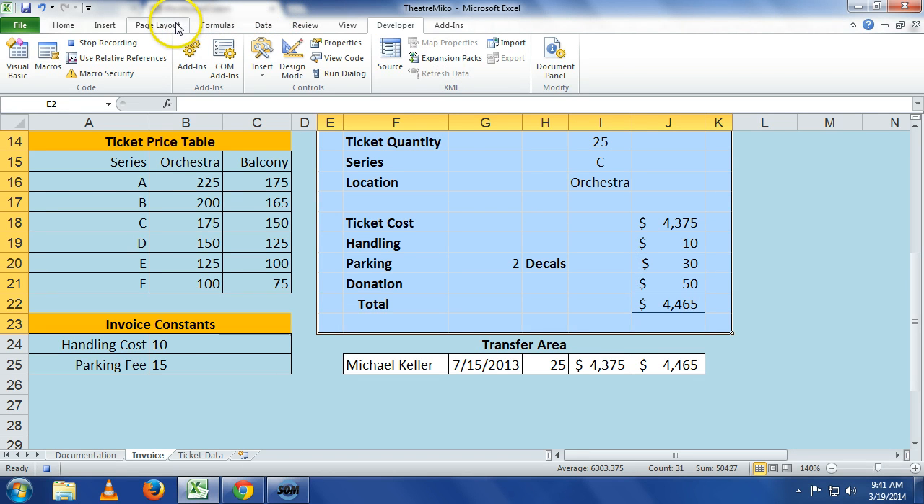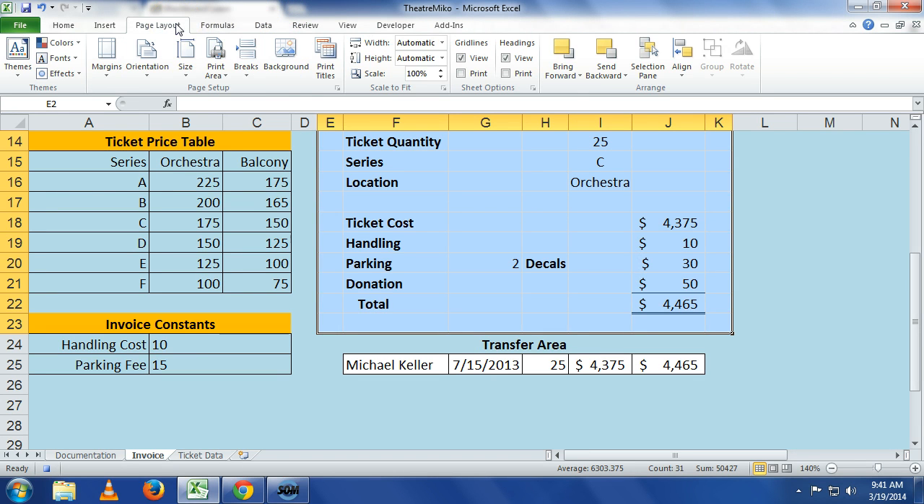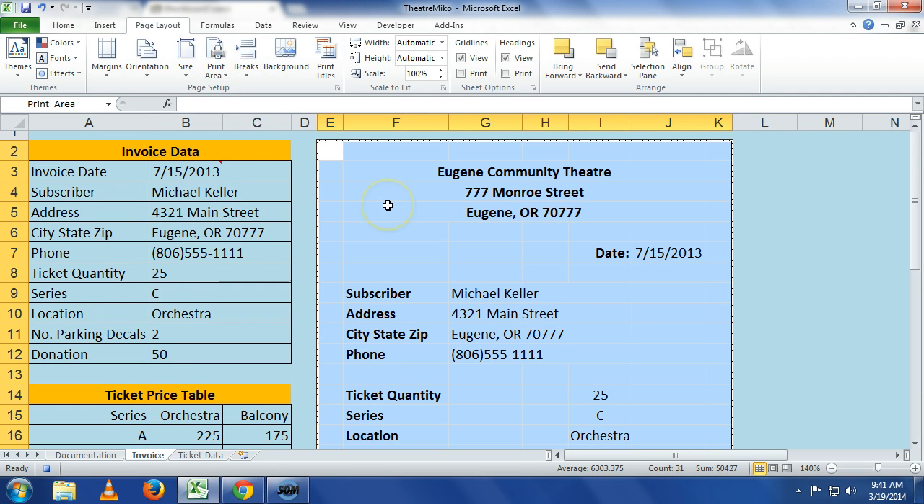Then go to Page Layout. Under Page Layout, click on Set Print Area. So now that area is the print area. If I click Print now, that's the area it's going to print. Does that make sense? The other things I want to do is if we go under